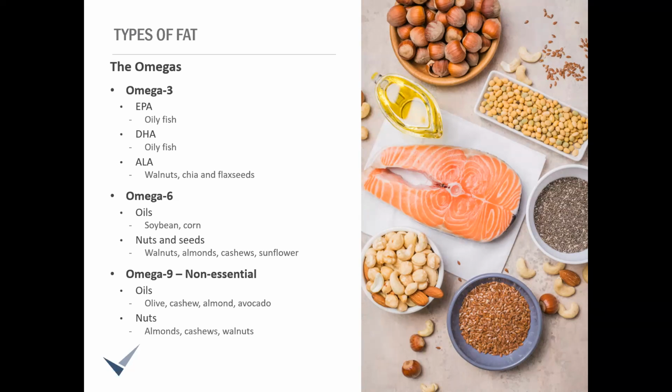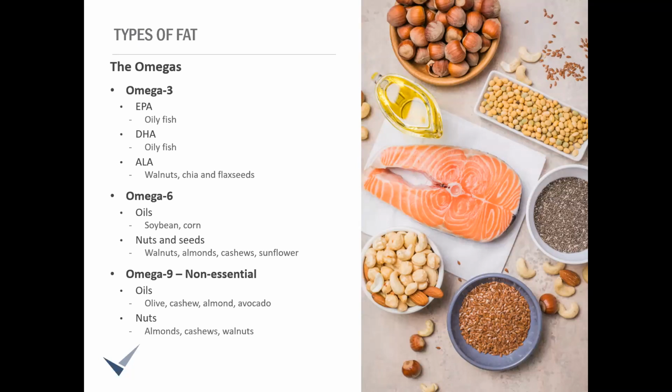DHA is big on brain development and function, which is why you see that in most baby formulas. And ALA appears to be the best with the heart, immune system, and nervous system. So there's not official recommendations for daily intake, but there's some guidelines that suggest around 250 to 300 milligrams per day of omega-3. And again, oily fish like salmon and sardines are the best source of EPA and DHA. And then plant sources, chia seeds, walnuts, and flax seeds are going to be heavier on that ALA.